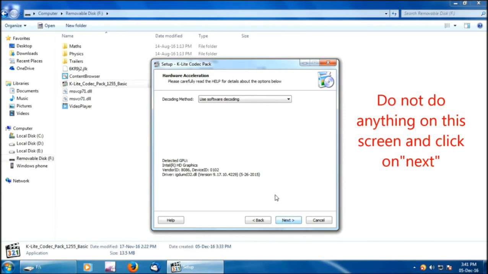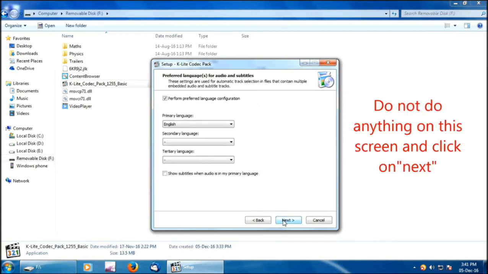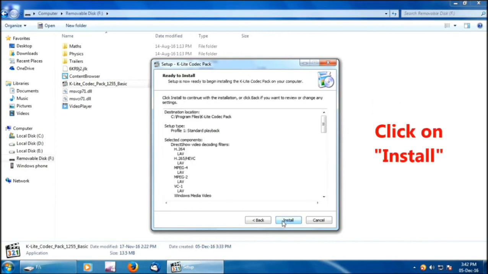Now do not do anything on the screen and click on Next. Do not do anything even on this screen, just simply click Next. Even on this screen you don't have to do anything. Again click Next. Now click on Install.